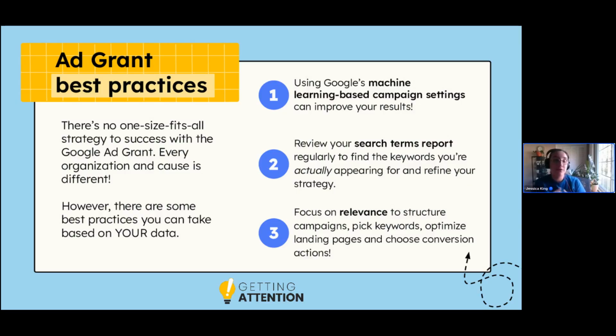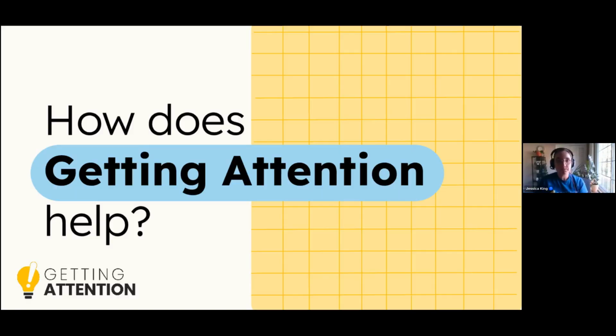I would instead focus on things that very closely align with who you are and what you do. So again, these terms like animal shelter, you know, children's food organization. I don't know, I'm trying to think of more examples off the top of my head so I don't go with animal shelter all the time. But these are the things that are going to inspire somebody to actually click when they're served the ad if you think that you're answering their query. So really focus on that relevance piece.